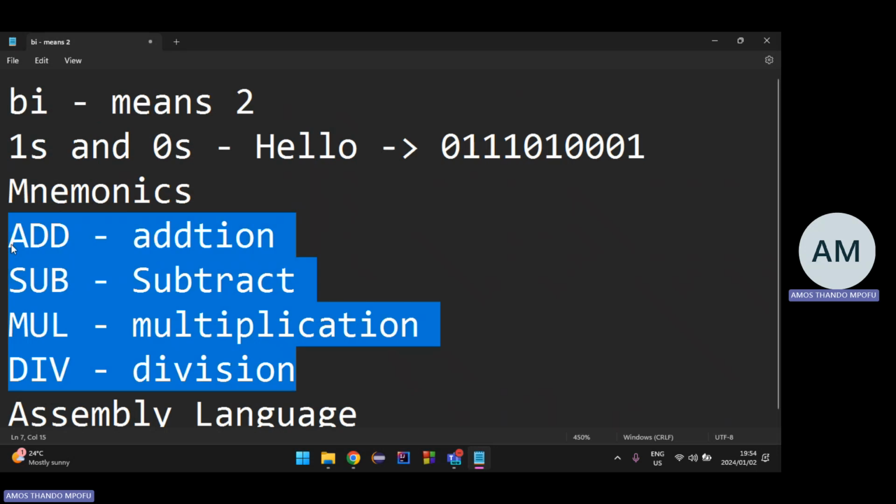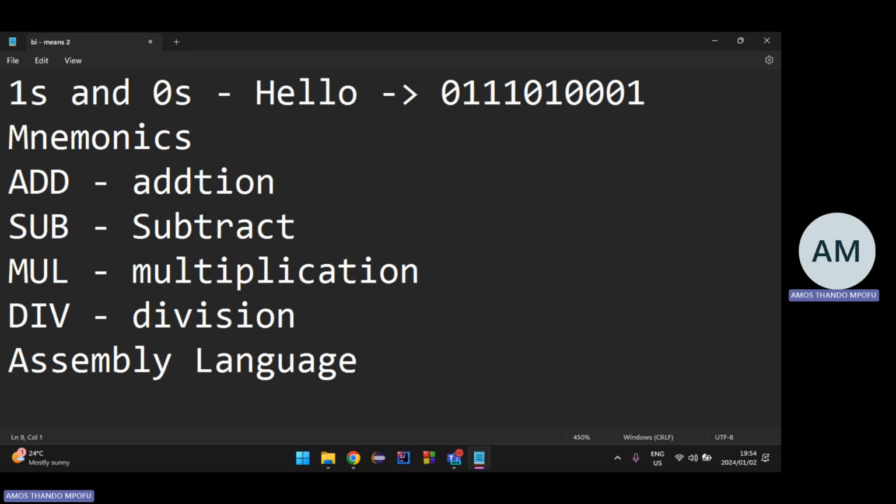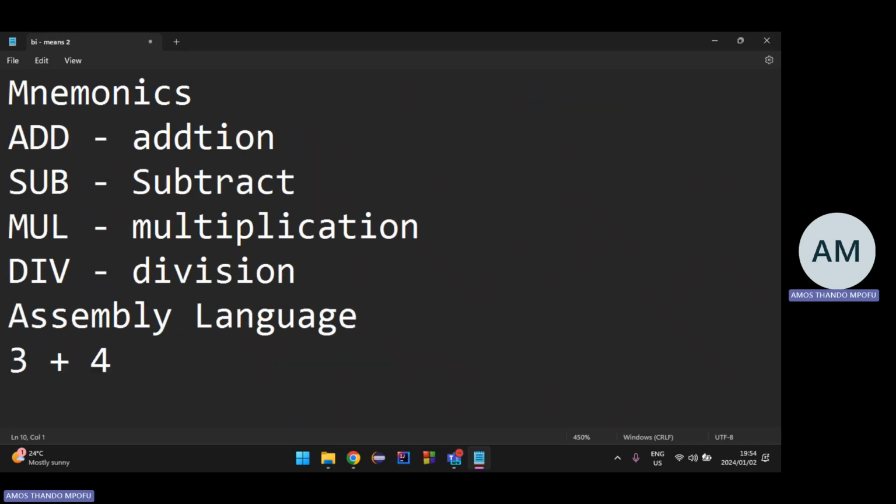And it kind of made things simpler because you can just write an instruction like this. Let's say you want to write an instruction that says 3 plus 4, right? It was a bit complicated, but I'm just going to write it in simple terms. You just write it like this. You say add 3, and then you separate with a comma the next digit that you want to add, right? Basically what this means is add 4 to this number, which is basically the same as this, right? So you see, it's a bit simpler now.